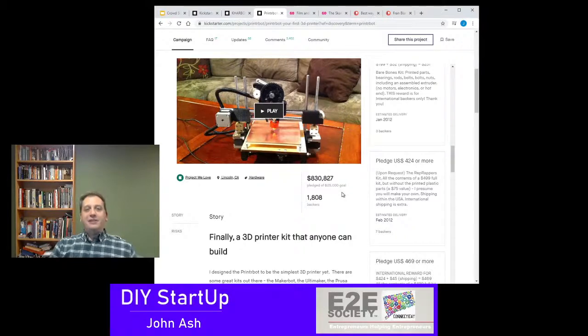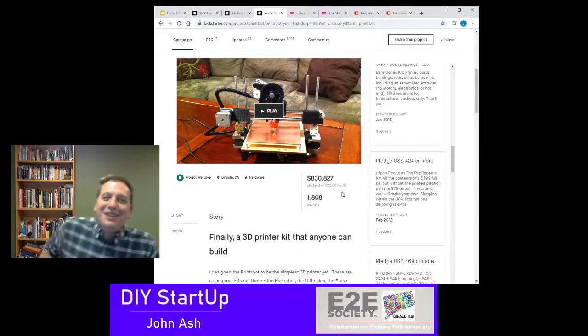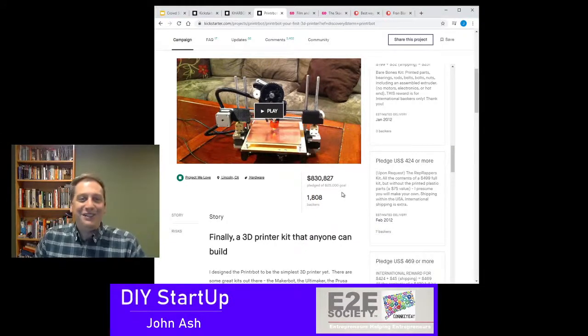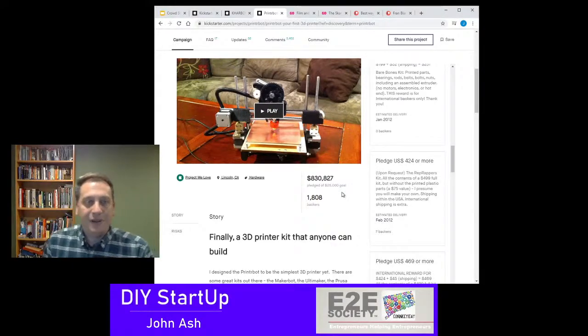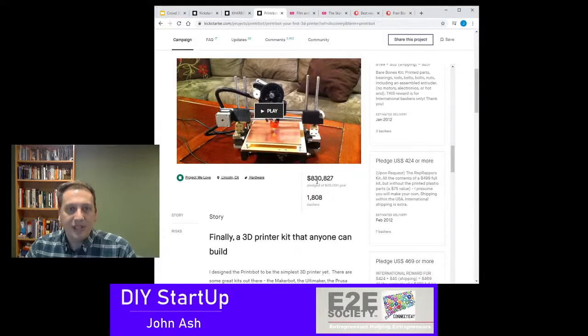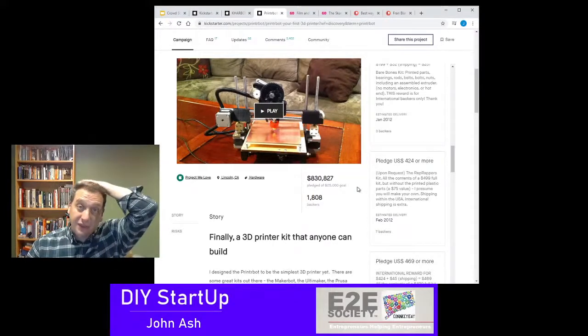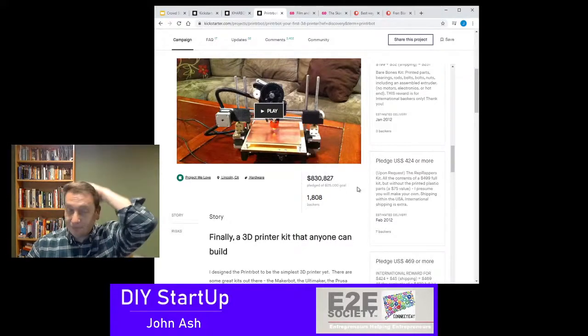Now you got to make $800,000 worth of PrinterBots. So I hope you did your math right when you figured out how much it costs to make and ship them. I hope you got enough people to assemble all those kits, and I hope that your suppliers can possibly make all the metal rods and the gears and the wires and the motors that it takes to make $830,000 worth of stuff. So this guy, his pledge went way, way over. Same thing can happen to you if you're crowdsourcing. So you might want to consider that.